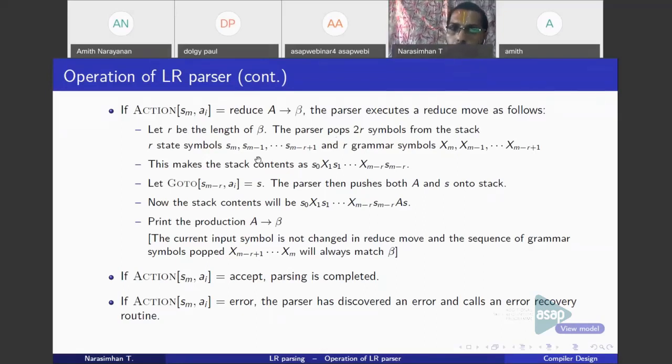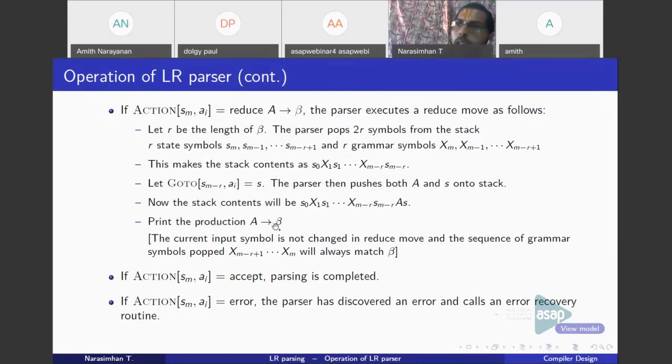R symbols will be state symbols, the remaining R will be grammar symbols. On popping 2R symbols, you will end up with the stack like this: S0, X1, S1, up to X M minus R, S M minus R. Then you look for the combination in the go to table: S M minus R is the state and the input symbol is AI. Let that go to entry be state S. Then you push the left hand side of the production, A, as well as the next state S onto the stack. The stack now will become like this.